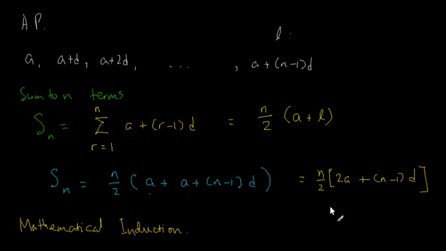So for this video, I'm going to take this formula as given. Let's say we are given this formula for the sum to n terms of an AP, and I want to prove it. So the method that I'm going to use is called mathematical induction, and I shall now describe how it works. So the problem is this. I want to prove that